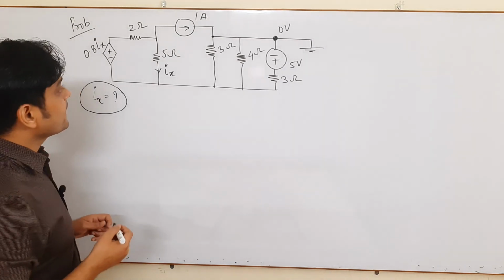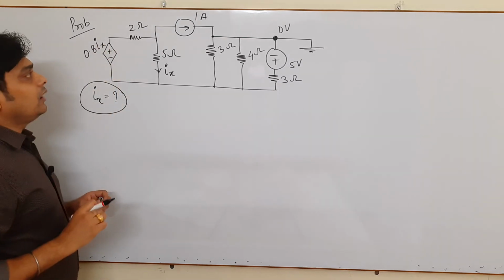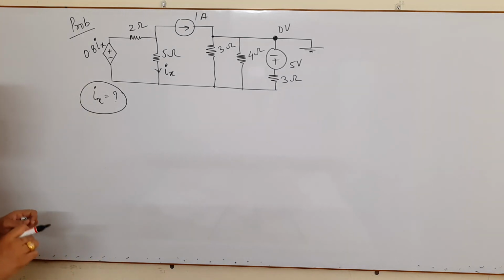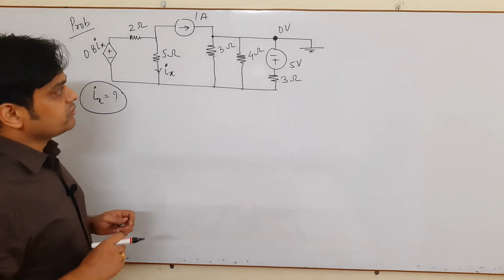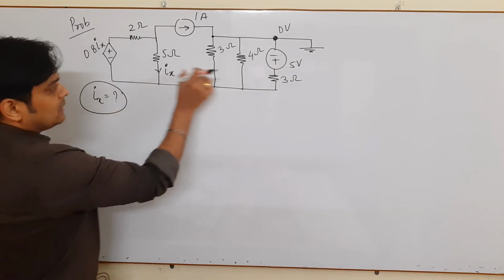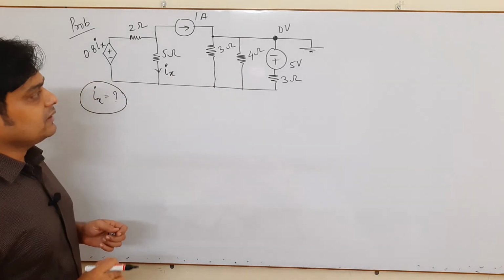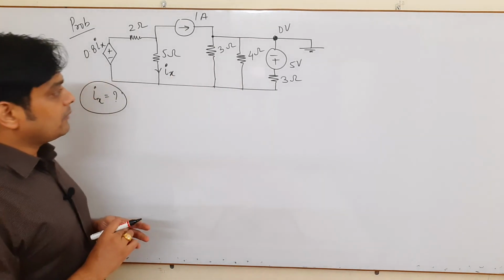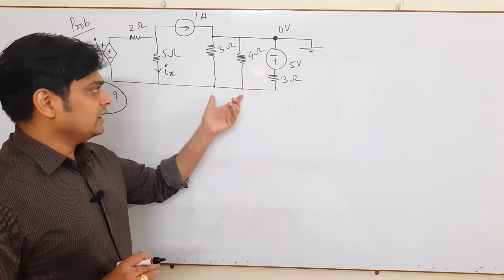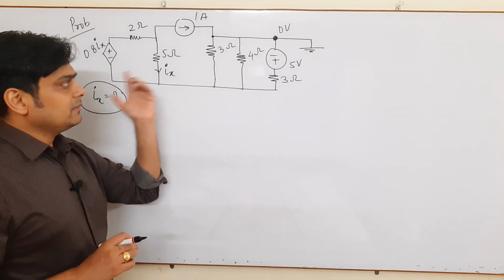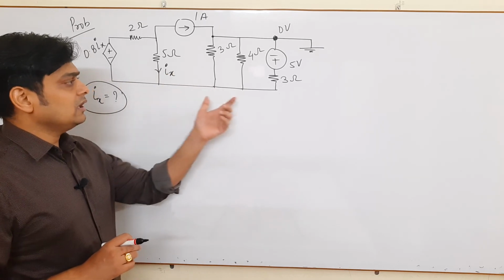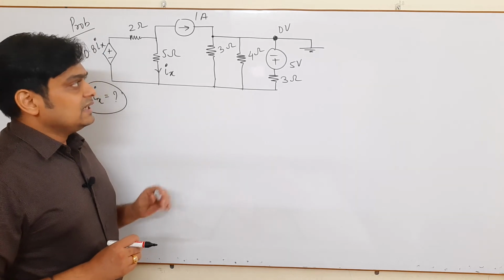Now how will you find the value of Ix? Very important thing. Here it is your dependent source. In such a problem the question comes how you will solve it. As I said earlier, whenever you find multiple parallel branches in any type of network, try to think about applying the law of KCL. When multiple branches exist and one cannot solve those branches, the best way is to apply the law of KCL, which can easily solve it.